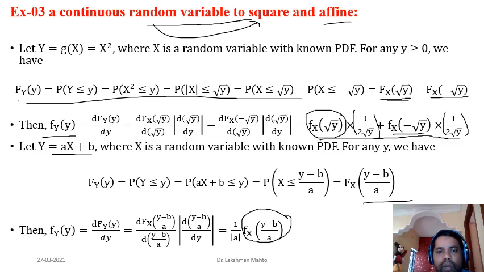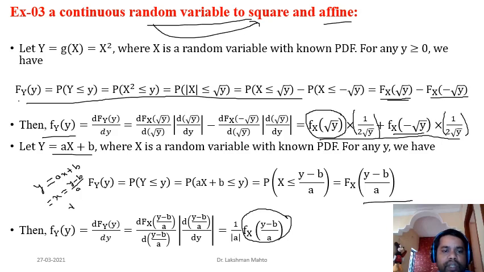What would be the Jacobian of the transformation? That means dx by dy. So here you can easily ask one question: how can I get the Jacobian? The relation given between x and y is linear, y equal to ax plus b. From here, do a little manipulation: bring b to the left-hand side, so it becomes y minus b, and divide both sides by a. Then you can express x as (y minus b) divided by a.